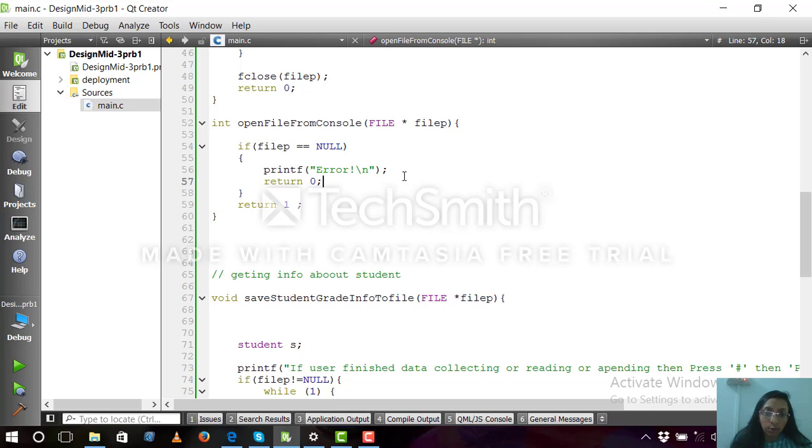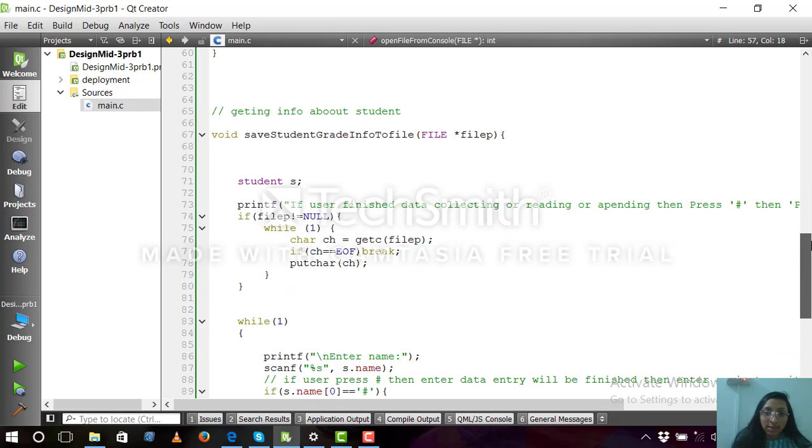Then I'm going to check whether file p is equal to null, that is, whether the file is present or not. If the file is null, that is, it is absent, then it's going to print error and return 0. And if it's not, then it's going to save student grade info to file.